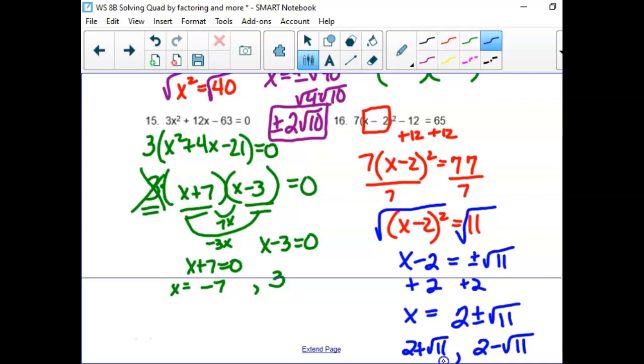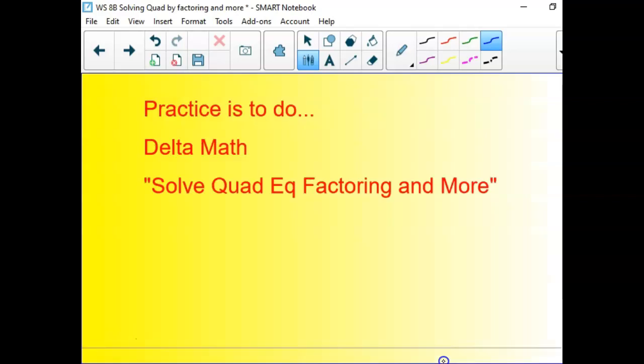I know some people have already done the Delta Math for this whole week, so some people got too much time for math fun, huh? All right, so the assignment is a Delta Math called Solving Quadratic Equations, Factoring, and More. There were also 2 Delta Maths assigned earlier. One was on factoring, and one was the after quiz review of exponent rules and simplifying radicals. Okay, start out tomorrow with questions, okay? Tomorrow, make sure you have a charged Chromebook. We are going to